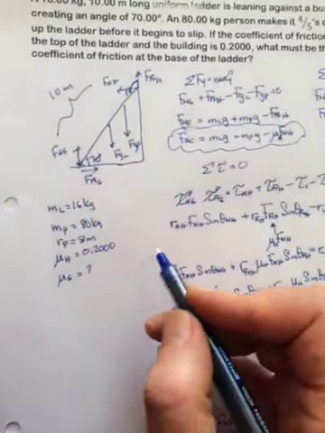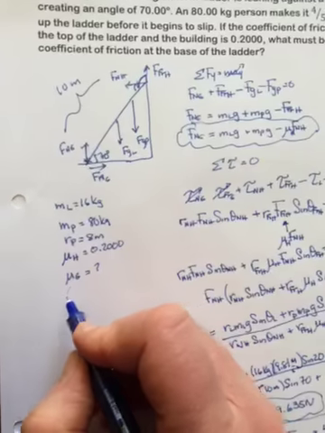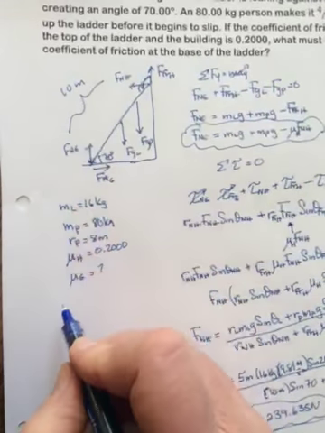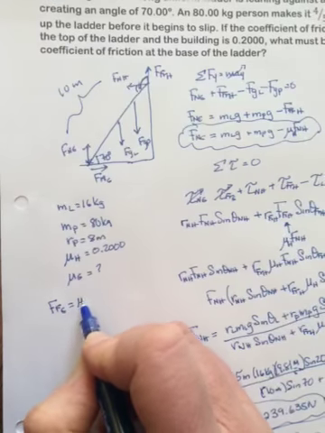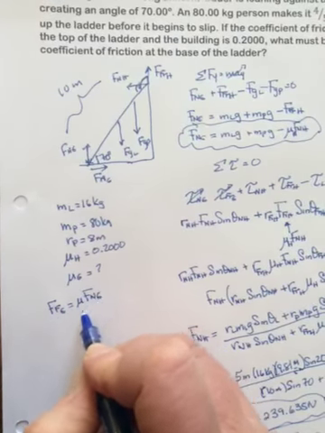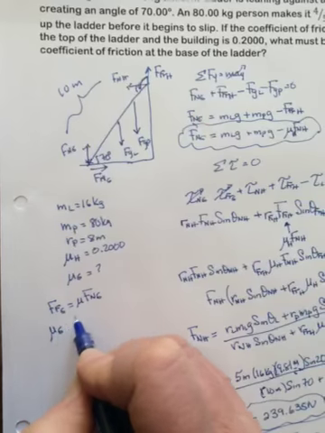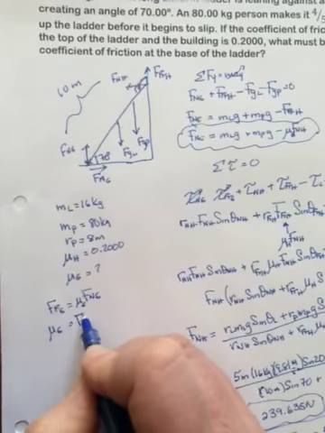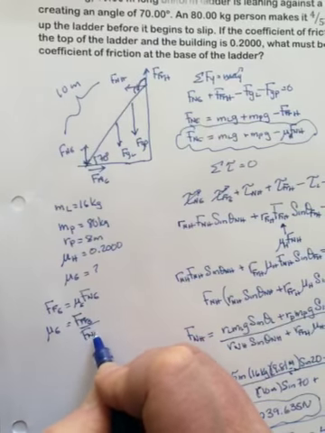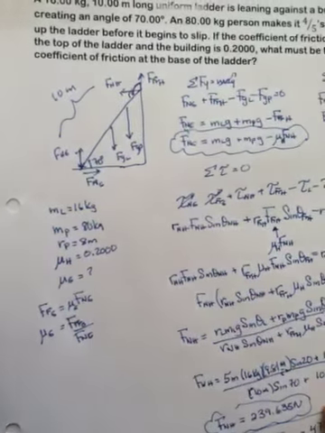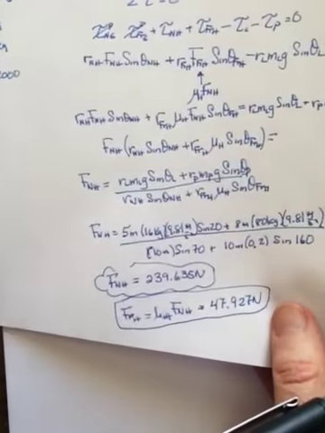Okay, so just to finish up here, we were looking for mu of the ground, and we know that friction on the ground is equal to mu times the normal of the ground. So the mu of the ground will be equal to friction on the ground divided by the normal of the ground. So the friction on the ground was,